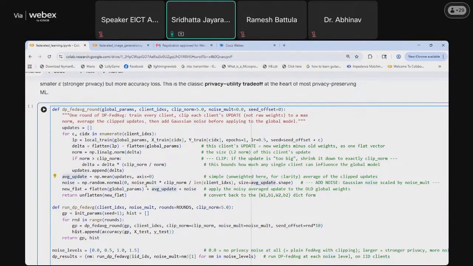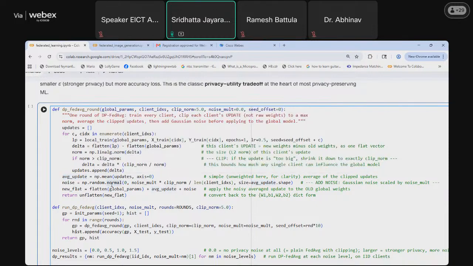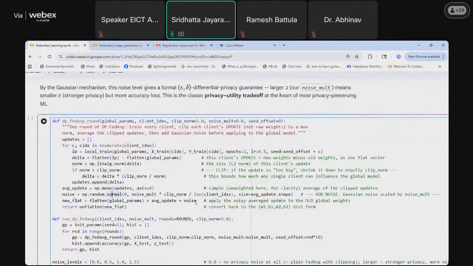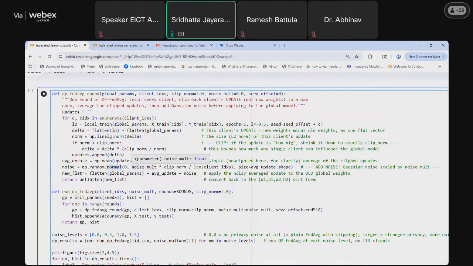Then noise is introduced using random.normal, with the standard deviation being the noise multiplier times clip norm divided by the length of client IDs.